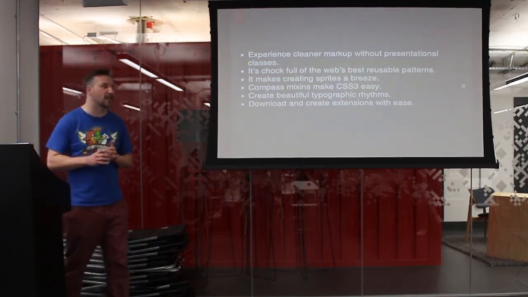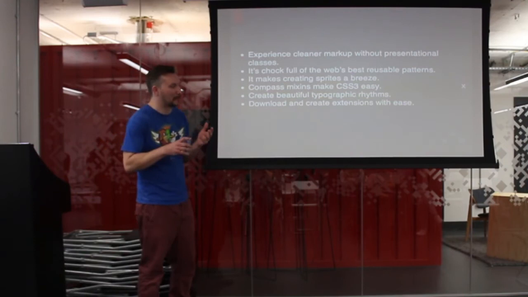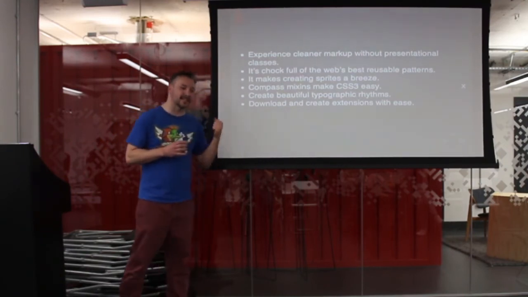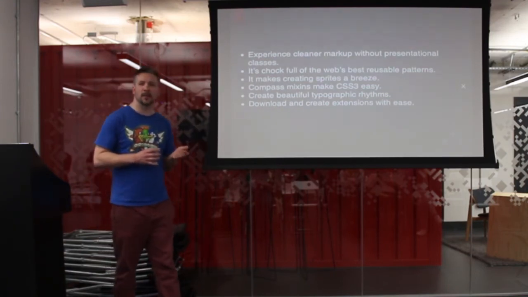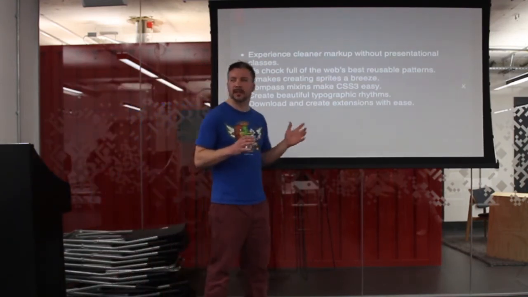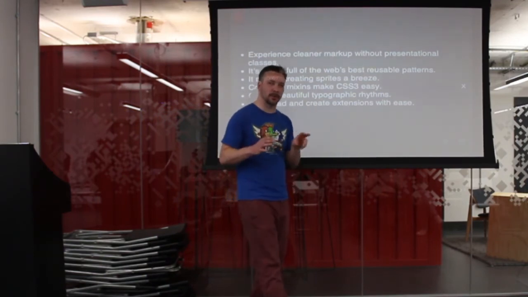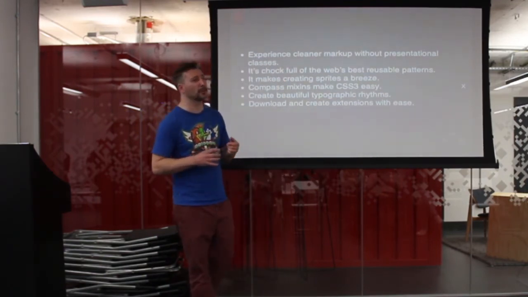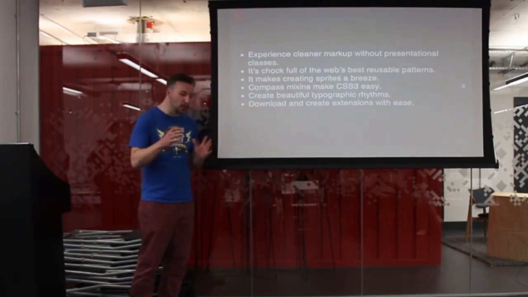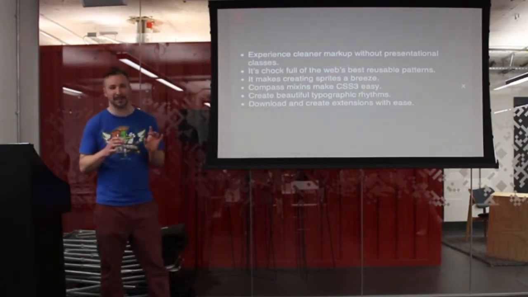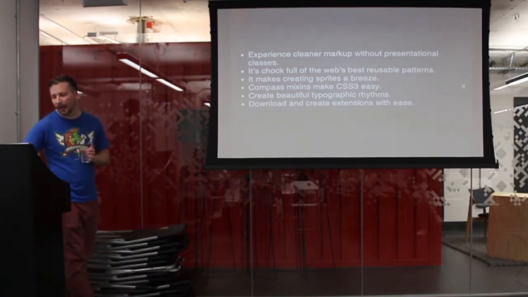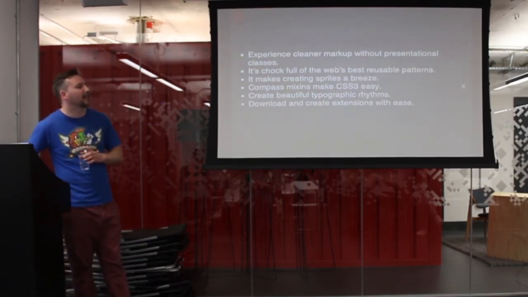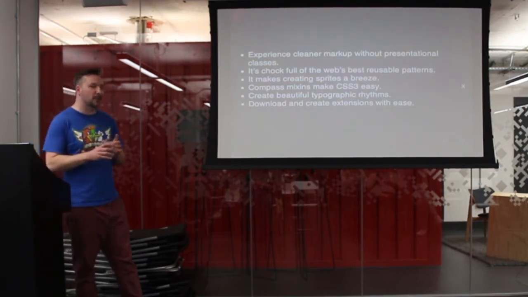Right, Compass. Compass is a big one. I don't fully understand a lot of stuff on Compass. It's very much a developer side thing, I won't lie to you. But it's like having everything ready for you, all the mixins, everything. Does anyone here work with sprites as well? On a website, when you have just one image sheet with all the different sprites where you're moving them around, it actually compiles that for you. All you've got to do is put in the name and it will move it all around so you get the exact code at that specific point. So it will do sprites for you, and it is pretty powerful.